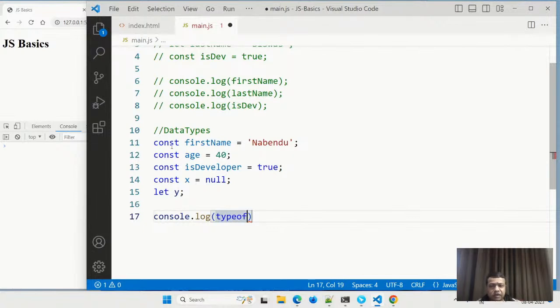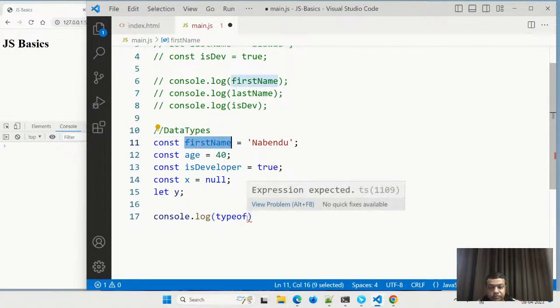Most programming languages are case sensitive. Like const, I cannot write it like this. Those are keywords. Typeof is a keyword. The variable name can be anything, but the convention which you follow in JavaScript is known as camel casing, where the n is capital. It is different from Java, which follows Pascal case, in which the first letter is capital. Okay, but this is what camel casing means.